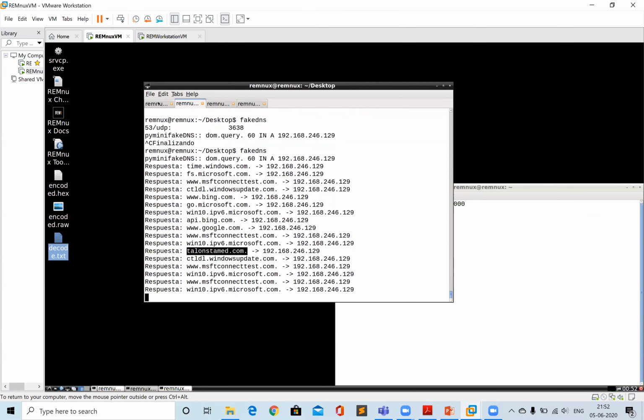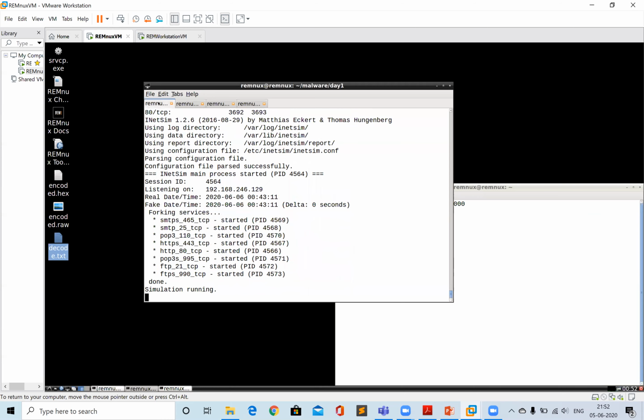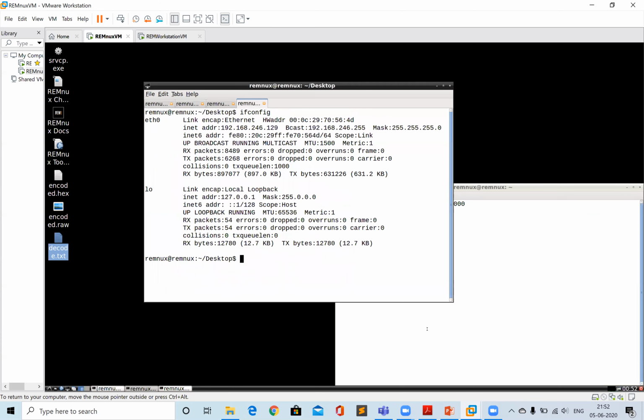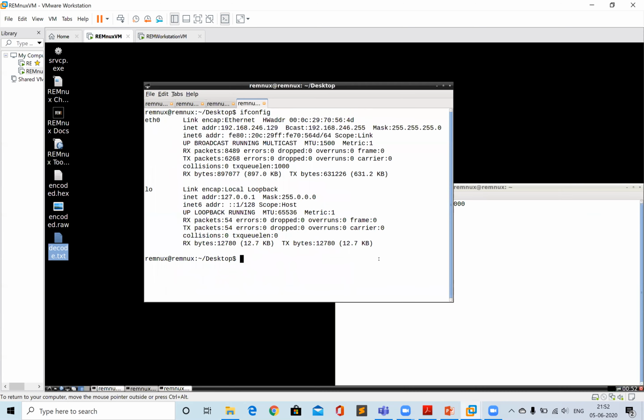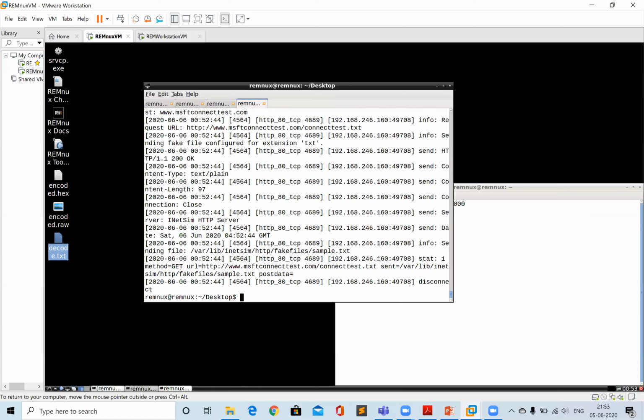And now let's see what was discussed between the C2 server and the malware. For that, I will quickly go to the log file of INetSim. So let's see what the path is. It's var log inetsim service.log. So let's go quickly to that. Let's do a cat of var log inetsim and then service.log. Let's see what's there. Okay, so now you have got a very good thing, and now let's see what things are there.